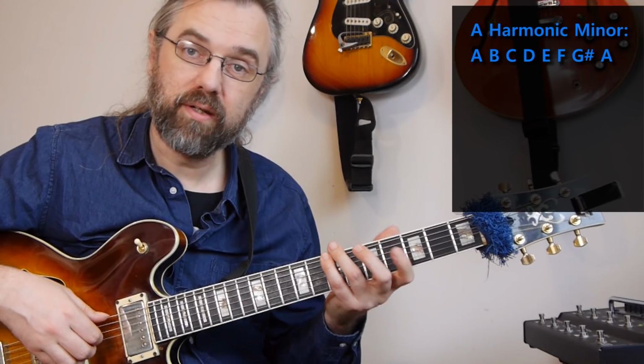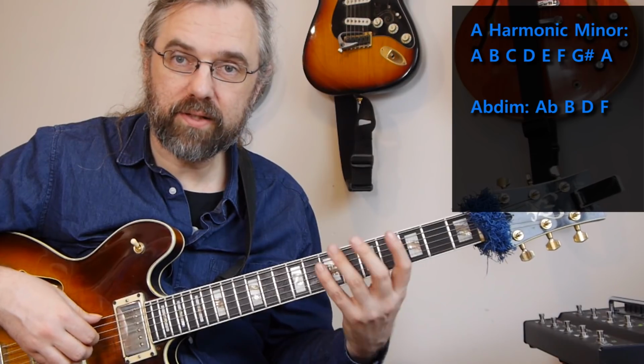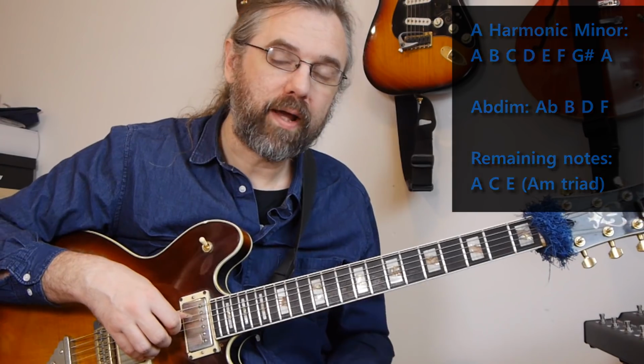So G sharp, B, D, and then F. And what I'm left with is then an A minor triad, so A, C, and E. So those are the notes that I can pick from when I want to have some extensions on top of